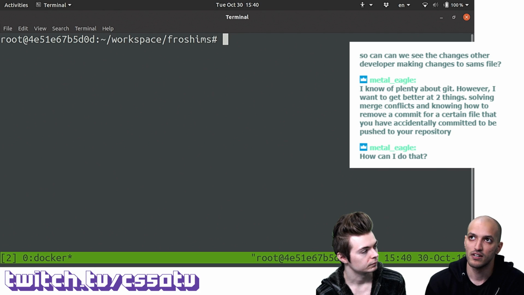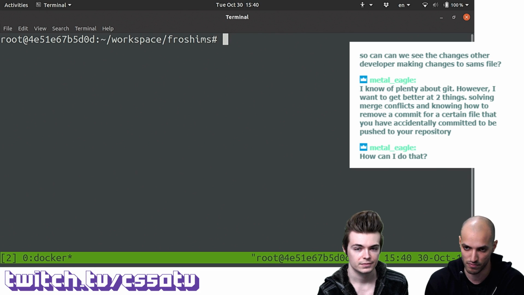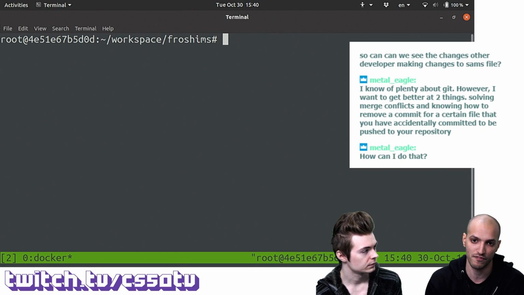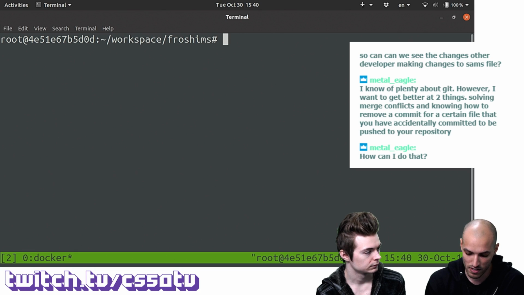But long story short, the way you resolve merge conflicts usually is by literally opening the file that has a merge conflict and removing some symbols from it and removing the snippets that you don't want in it.